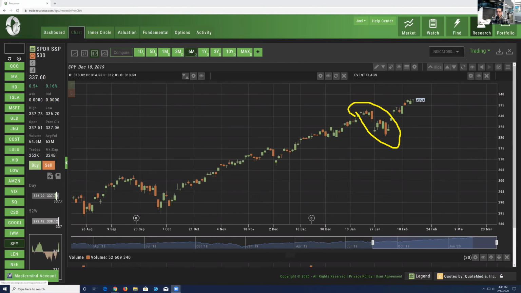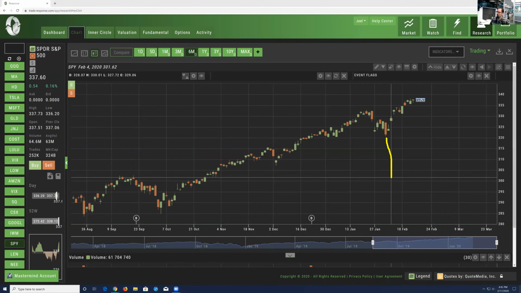What was it scared of? The coronavirus coming out of Wuhan. That's what it was scared of. And at the very, very bottom of the market right here, see this giant red candle, everybody's panicking. Oh my gosh, is this going to impact corporate profitability? Is it going to make the markets go down? Well, you can see the market starting to sell off,